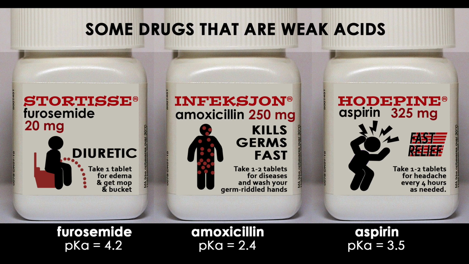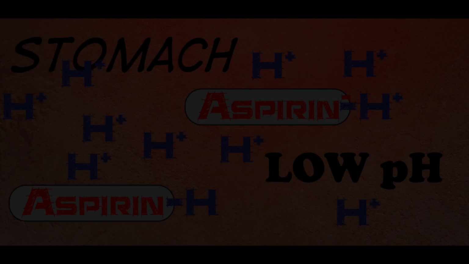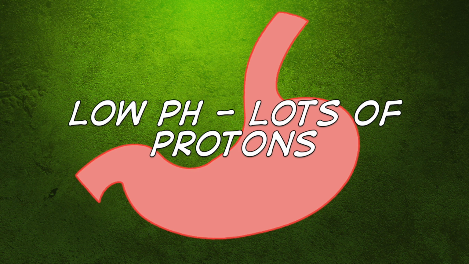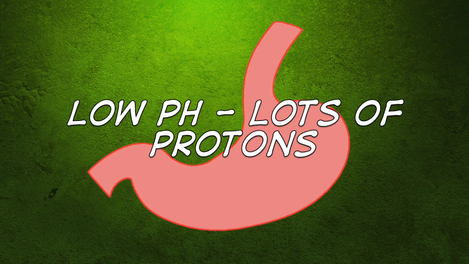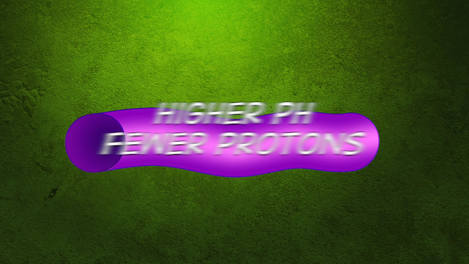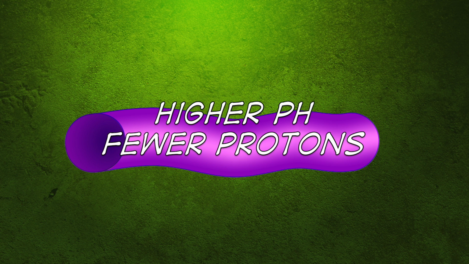The upshot of this is that we can give acidic drugs fairly easily as a PO drug, because when they hit the stomach, the solution of stomach acid, which is full of free protons, will turn that acidic drug into an uncharged molecule that is now easily absorbed across the stomach wall. Once that acidic aspirin leaves the stomach, because it's gone through the wall of the stomach, it finds itself in the bloodstream. Now, the bloodstream has a pH of about 7.4, just a little bit more basic than plain old